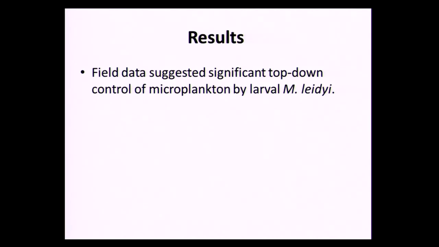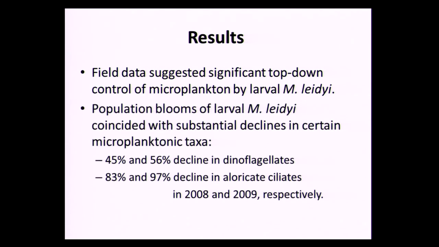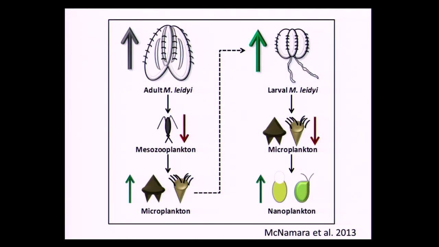But this is exactly what I was hoping, because this suggested significant top-down control of microplankton by the larvae, and it had only been demonstrated in the lab at that point, and now we're realizing that, hey, as a whole, this ctenophore is having a huge impact on the entire planktonic community. But the neat thing about it was that, if we look at this, the larvae, of course, are taking down about a 45 to 56% decline in dinoflagellates in 2008 and 2009, and an 83% and 97% decline in those ciliates. Ciliates are akin to a Big Mac, where a dinoflagellate's more like a hash brown. You know, the ciliates are very, very meaty, and they're going to be a good source for the ctenophores, especially those larvae. And so what this is showing is that the Mnemiopsis ctenophore is involved in this direct feedback system,